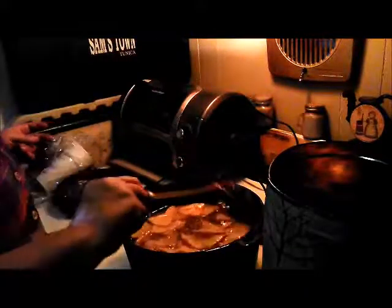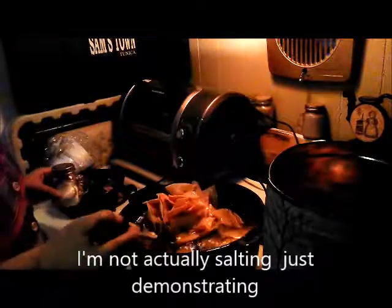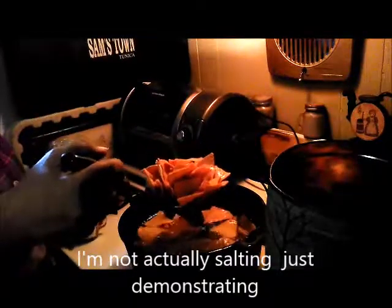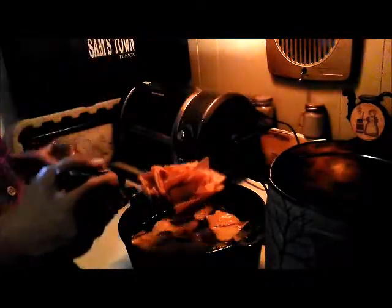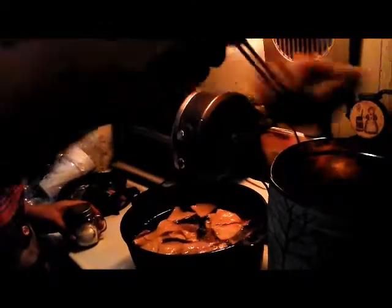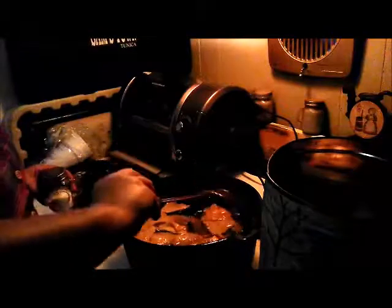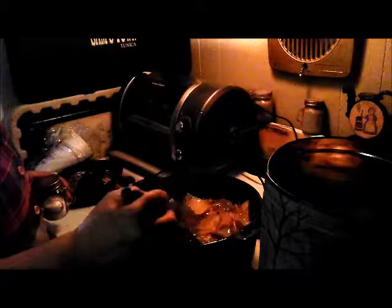Okay, what I do when I take them out is I salt every other batch that I take out. So you can either salt them here, or you can salt them after you put them in your container that you're going to store them in. But you just drop them in the container, just like that. And I put napkins down in the bottom of my container. There's probably about 8 to 10 napkins. That way the grease that drains down to the bottom of your container will